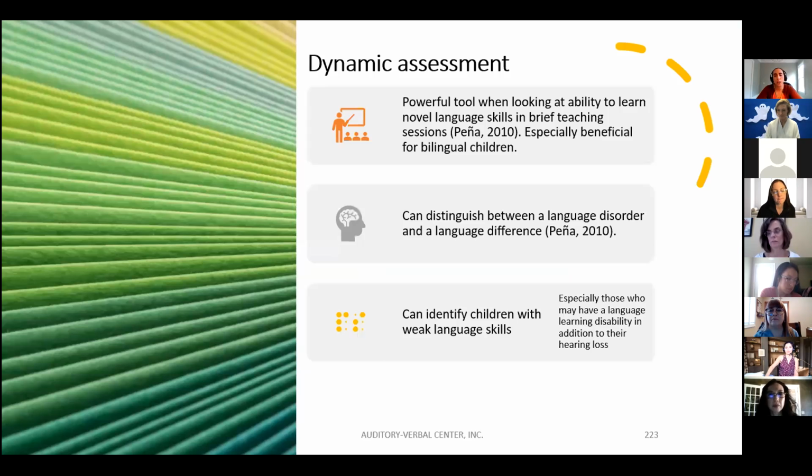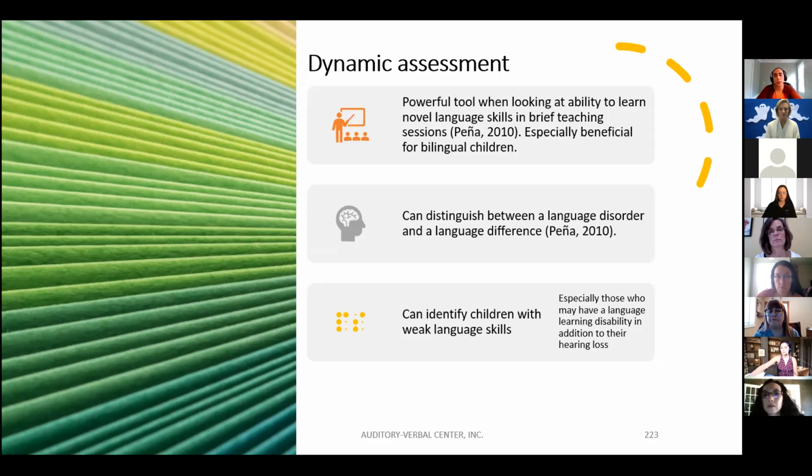And dynamic assessment, this is really looking at the child's ability to learn novel language skills in brief teaching sessions. And it can be really beneficial for children who are dual language learners because what you're looking at is their ability to learn, and their ability to learn language can really help you distinguish between language disorder and a language difference. And this is used a lot in children who perhaps don't have hearing loss, but who are suspected to have specific language